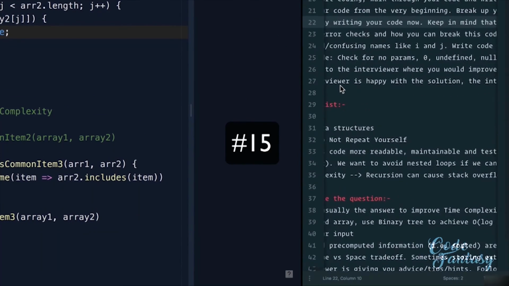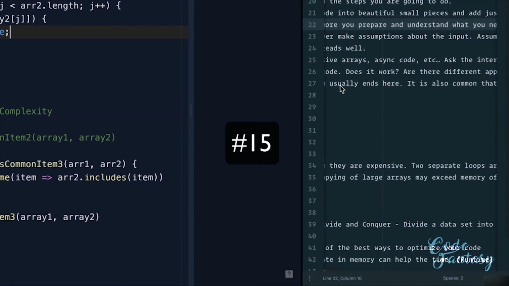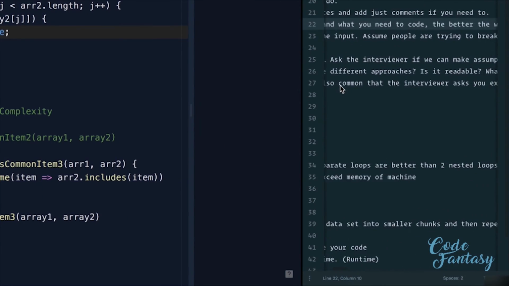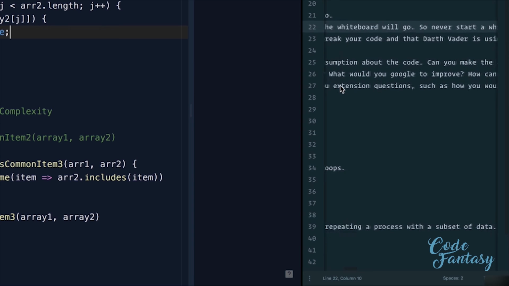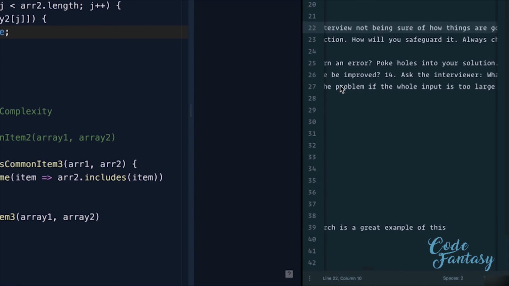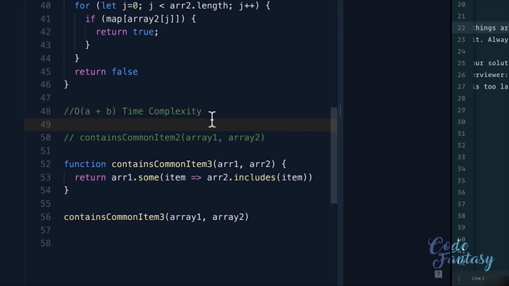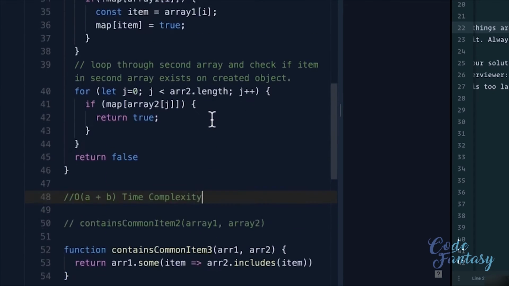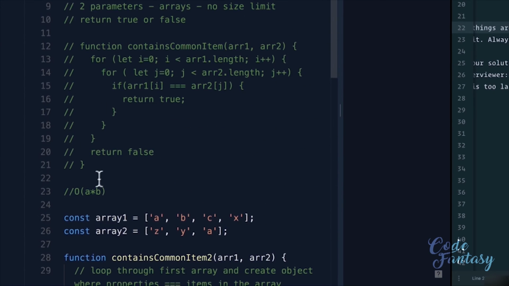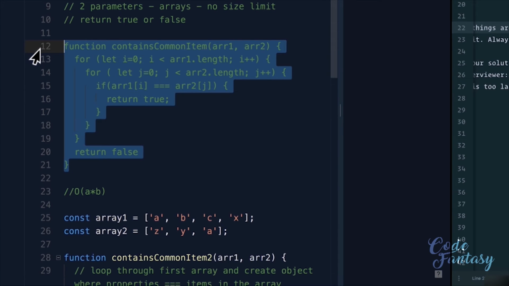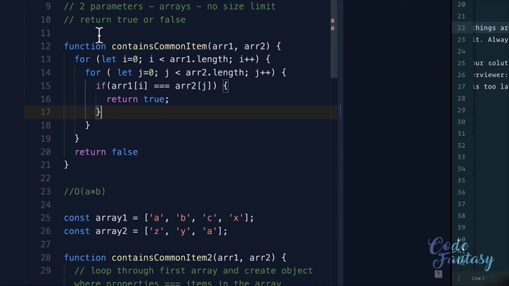If your interviewer is happy with your solution, the interviewer usually ends here. It is also common, though, that the interviewer asks you extending questions, such as how would you handle a problem if the whole input is too large to fit into memory? Well, if we talk about space complexity here, we can see that in the first solution that we had, let me comment this out, we have space complexity of